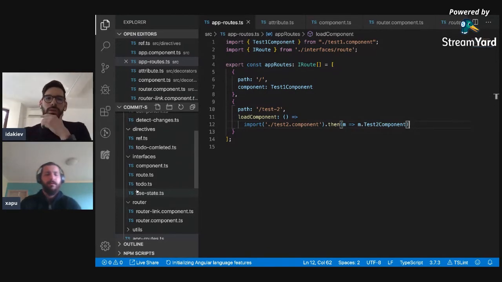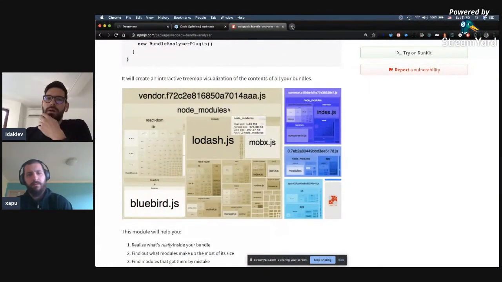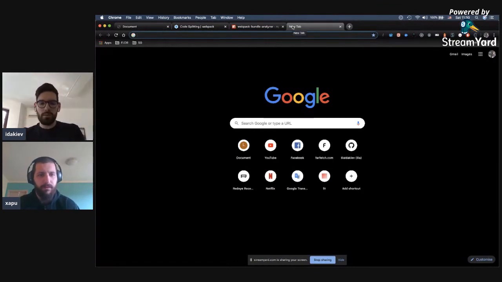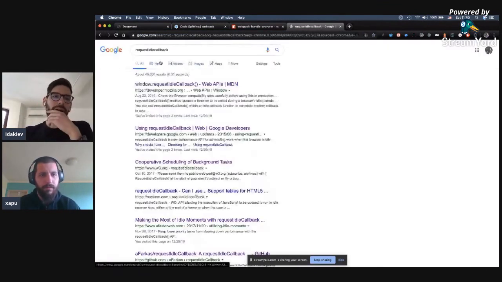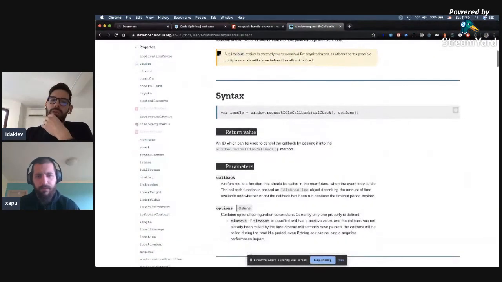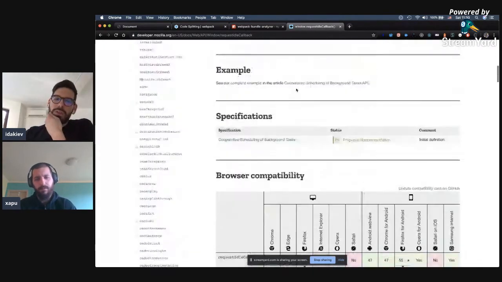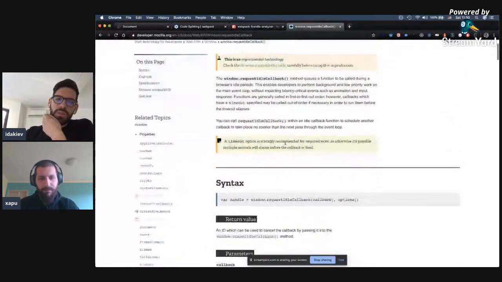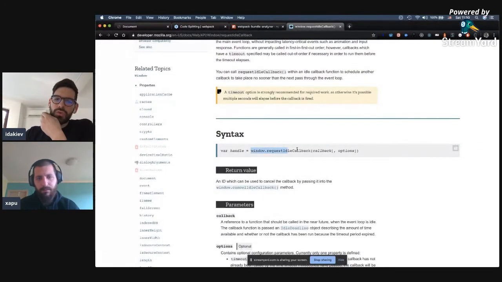And this is actually a new browser API, called requestIdleCallback. Pretty much what requestIdleCallback does is wait until the browser is idle, and it gives you some time to do not-so-important operations. And this is something the React people were using to create